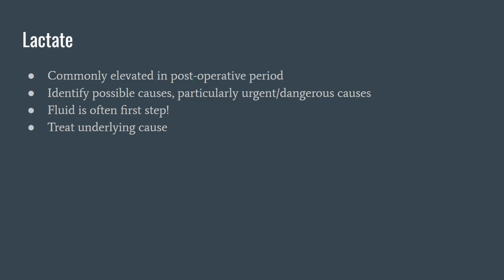But I think the take home point is that usually we start with fluid here, because if there's a lactate bump, it's probably just that they haven't eaten or had anything to drink since 6 p.m. last night, and it's now 5 p.m. today, and they need more fluid than what was given. So,